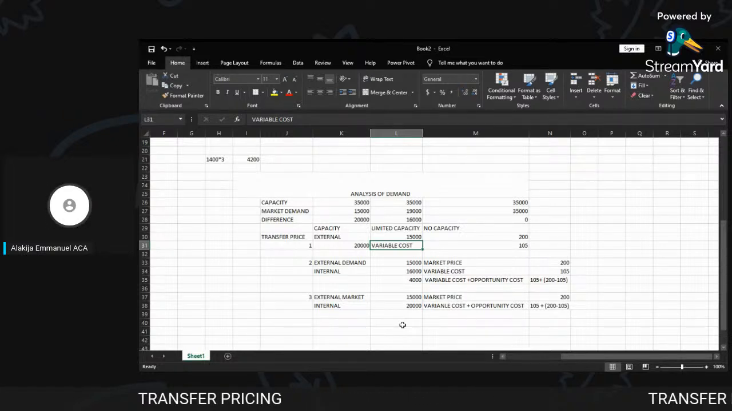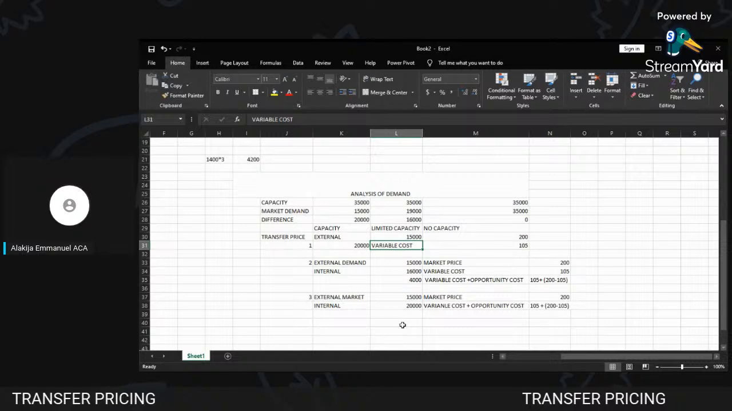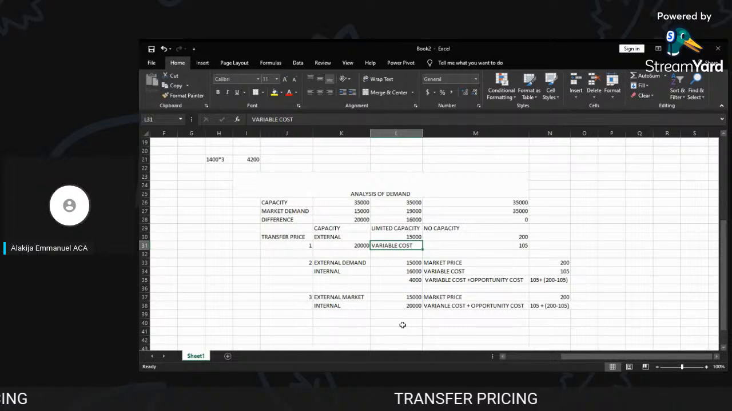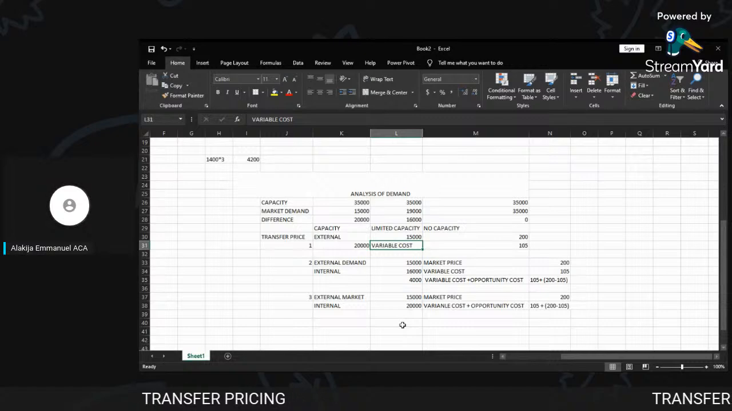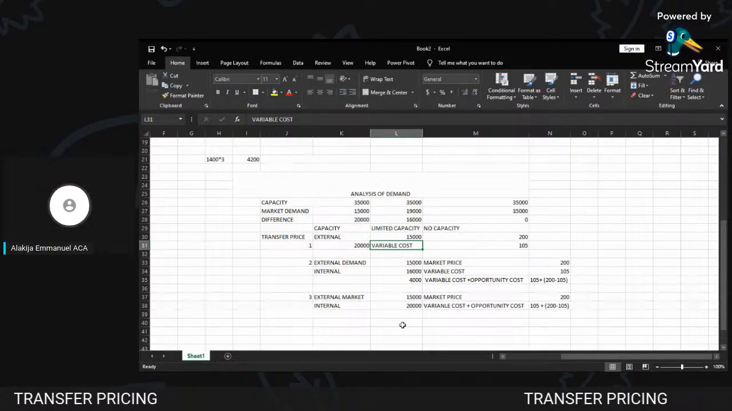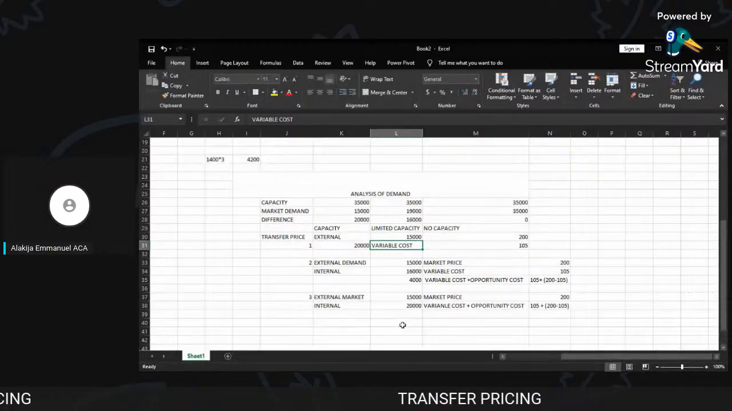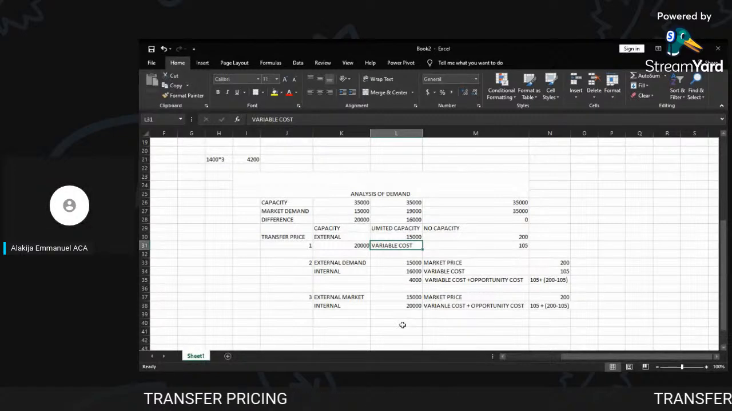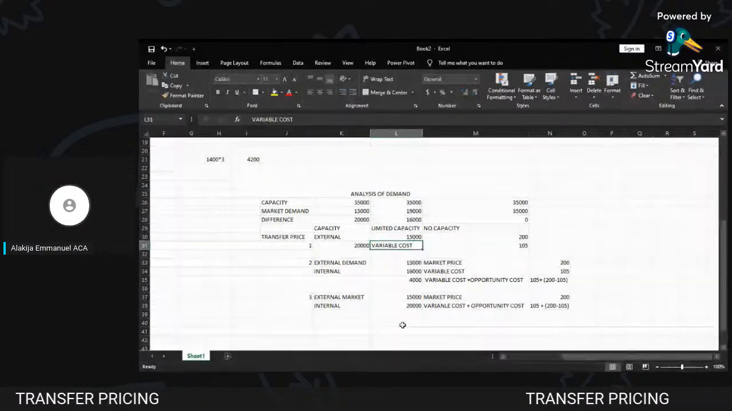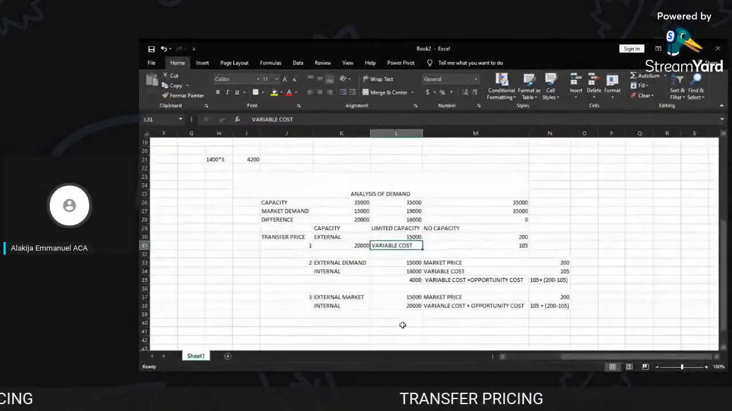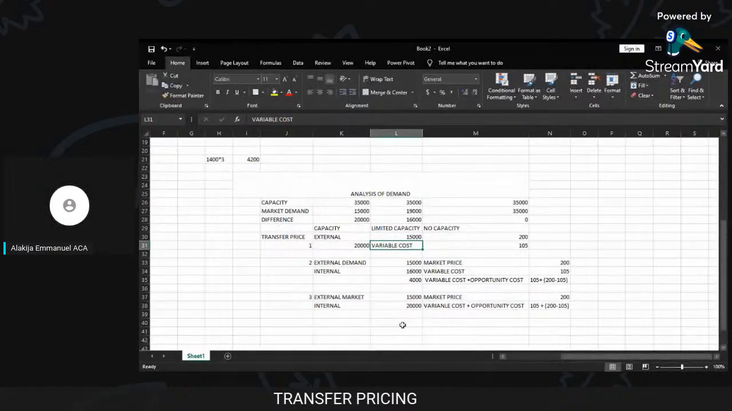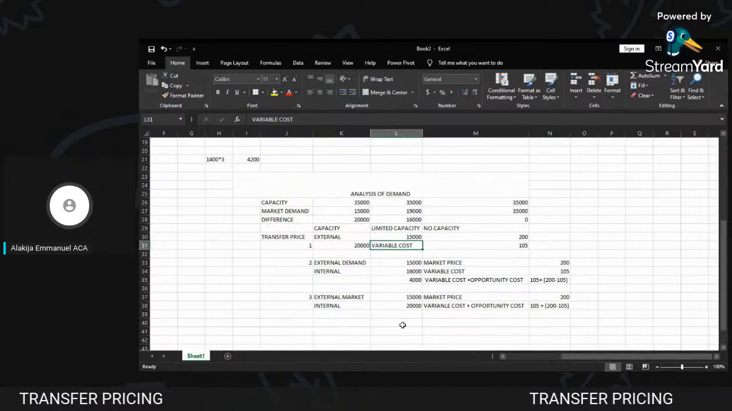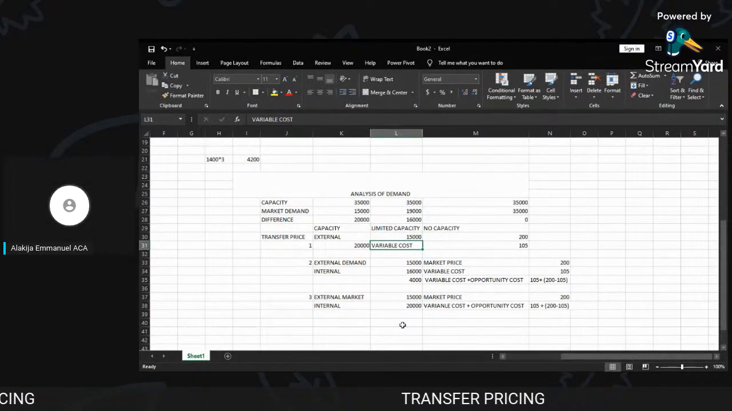cost. While the 4,000 we have to deprive the external market of is going to be at variable cost plus opportunity cost. Now the variable cost is 105 and the opportunity cost we are going to incur is the contribution forgone, which is the difference between selling price minus the variable cost, which in reality will still give us our market price. Now thirdly, the market demand for the whole of our capacity, and they said Y must buy from us,